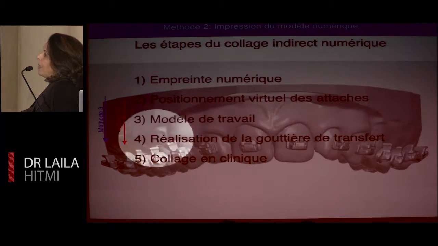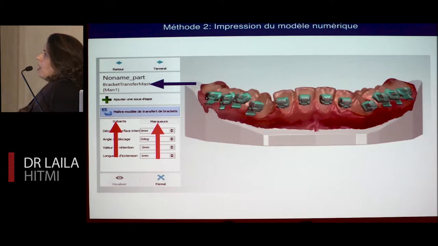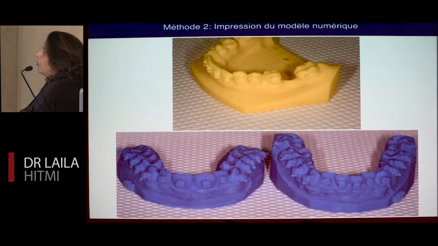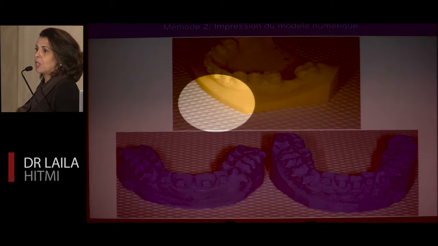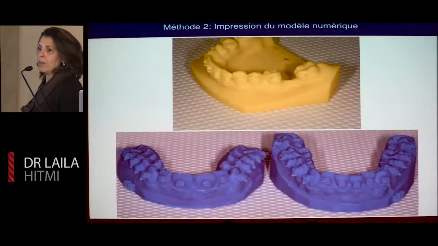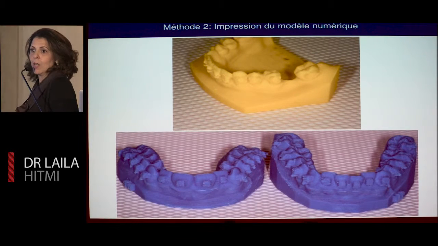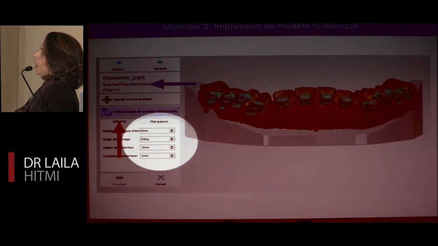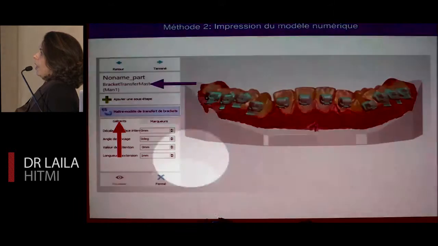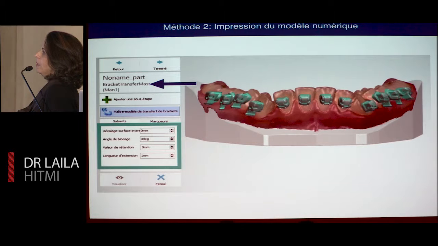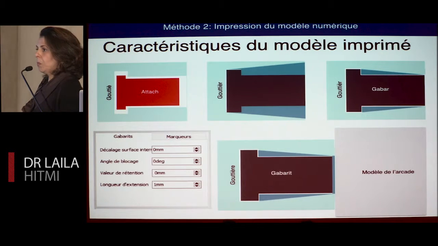You can move from the virtual positioning and print the model, or you can print the positioner directly. There are two versions. You can do it with a template or a marker. This type of model, and you position the brackets, or, well, forget this version because it's a waste of time here. It's as if you were using the first technique. The only thing you need to remember is these parameters that you can play with. And this is what enables you to have a very comfortable, precise positioner